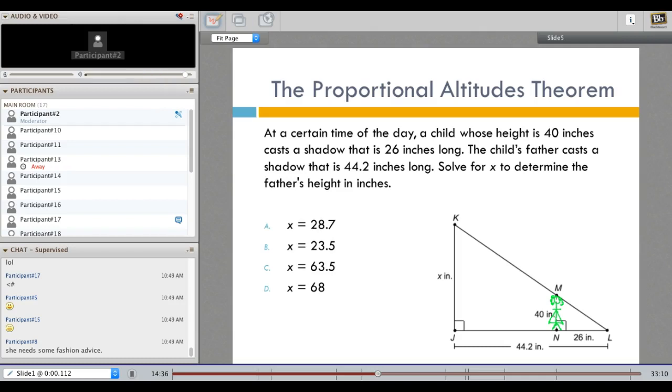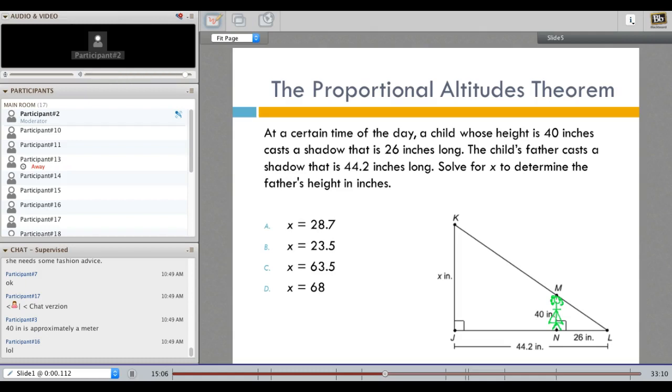Hey, by the way, 40 inches, if you have a little brother or sister or a nephew or niece or something, that's a good height minimum to take them to Disneyland. They have to be 40 inches tall to ride a lot of the rides. So this is the little kid, okay? 3 years. That's how I know, because my son was 3 when we went to Disneyland, and he was just 40 inches tall.